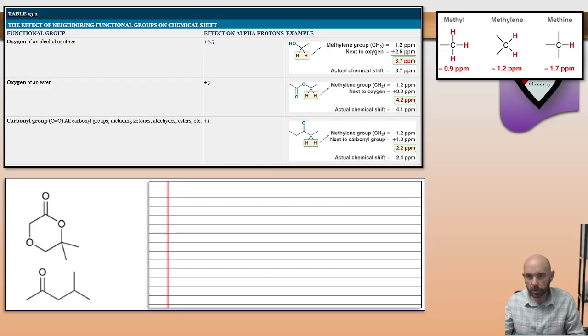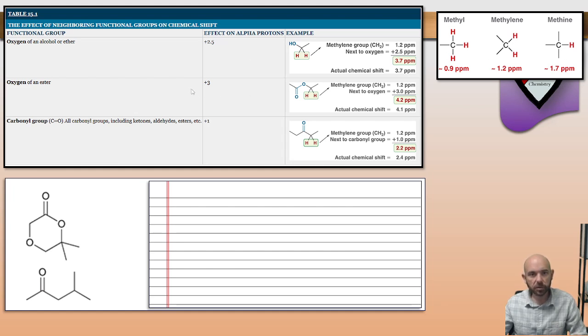And we have a table here that tells us the effect on a proton's, or a group of protons', chemical shift due to its proximity. You have to read pretty close in the text to also know that these are the additions to the standard parts per million given here